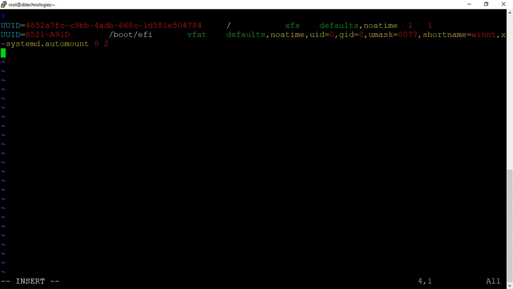So let me go with the file system name, /dev/java_vg/app_lv, and give one space. You can press tab or else, the space doesn't matter how much you give, but you should maintain at least one. Then the mount point name is /maven_app. Then my file system type is ext4. And I will go with the options as